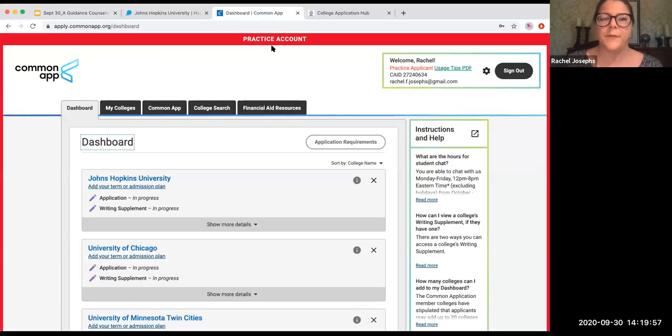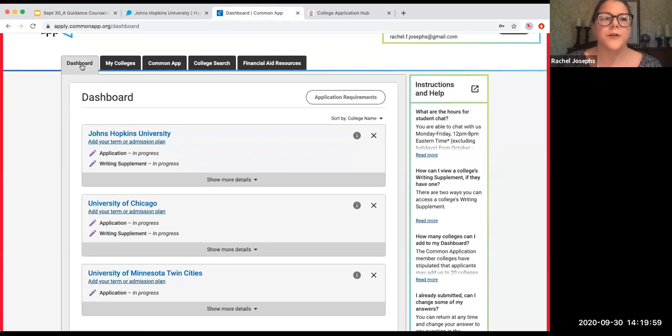So you can see here, this is my practice account. And you can see the tabs that I was saying exist. The dashboard is sort of the overview. You can see all of the different colleges, and you can see what it is that the student has to do in each moment, for each university. In my dashboard, I can click on application requirements,